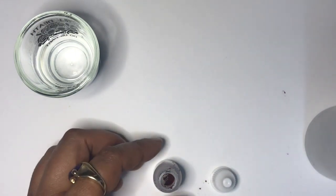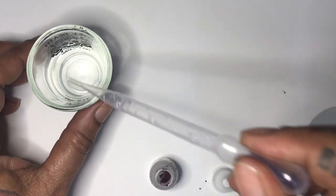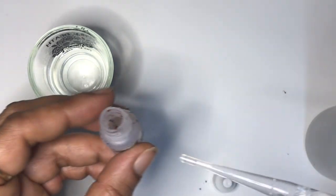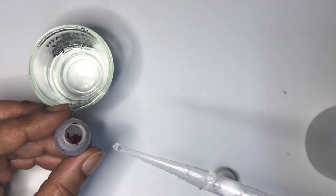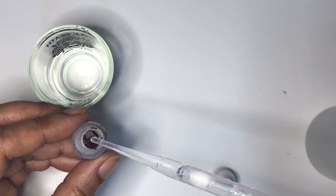2 little scoops, and I usually just do like 10 drops of water, but with the black, since I did do 2 scoops because black is harder to achieve, I usually just use 1 little scoop. I ended up doing 20 drops of